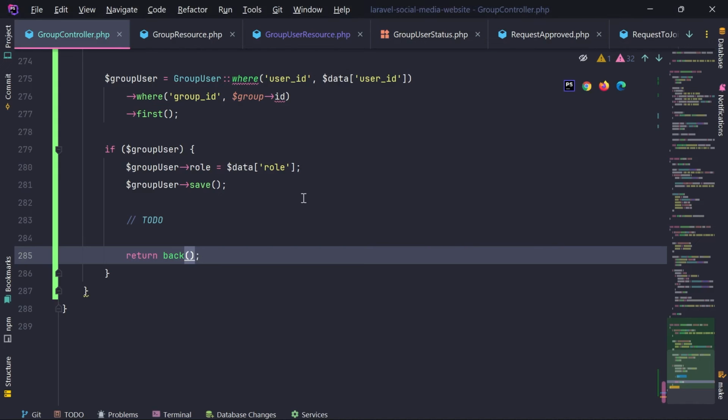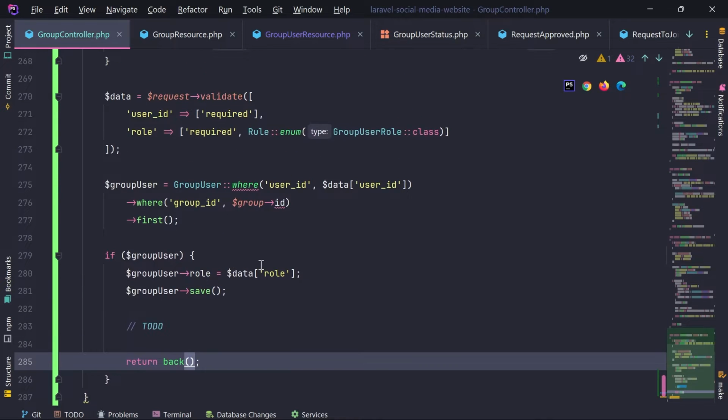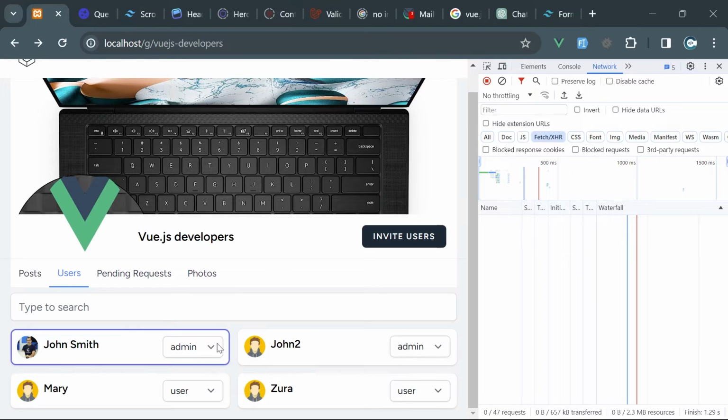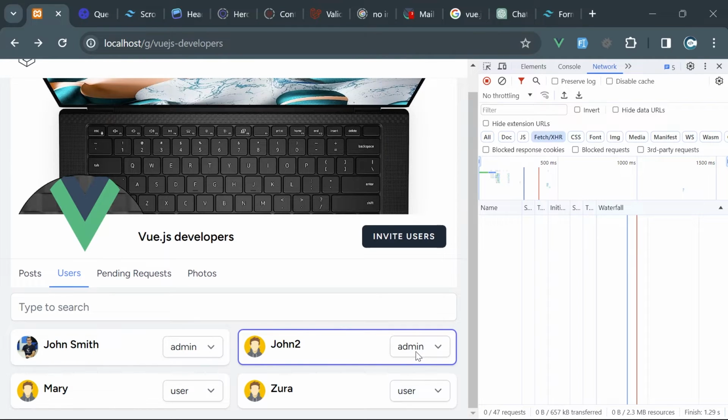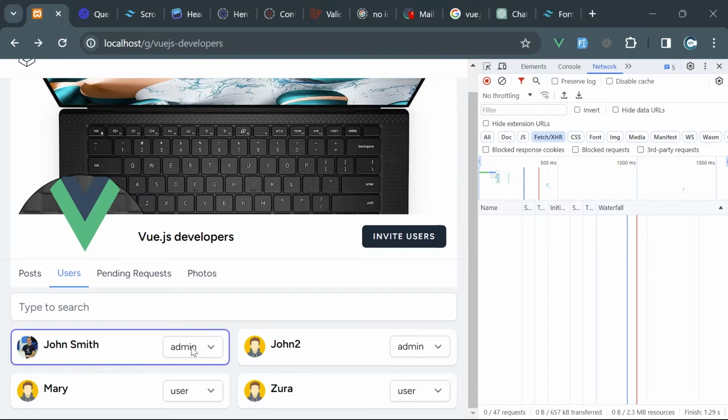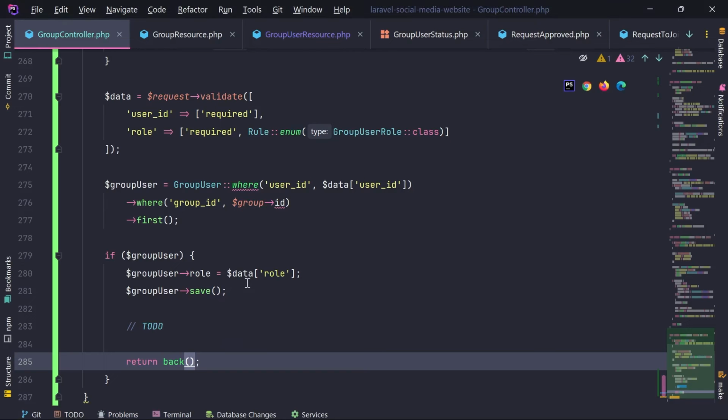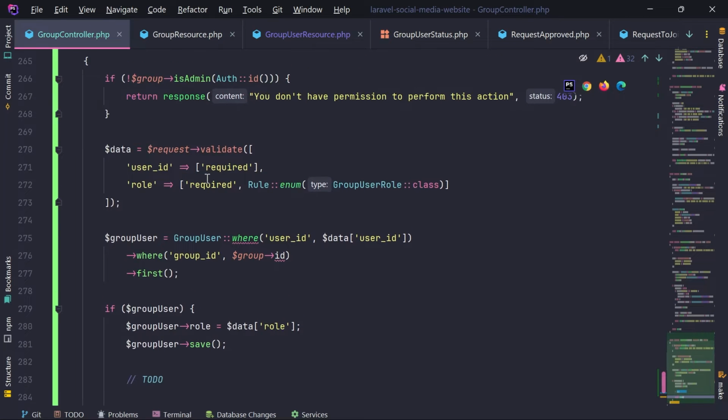Okay, one thing which I want to restrict is that changing the role of the owner of the group should not be possible, because if I created the group, I gave somebody else admin permission, that somebody else should not be able to remove admin permission from me, obviously. So this is what we need to do. First of all, on the backend side,